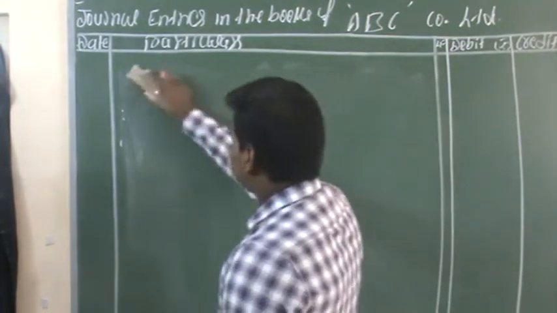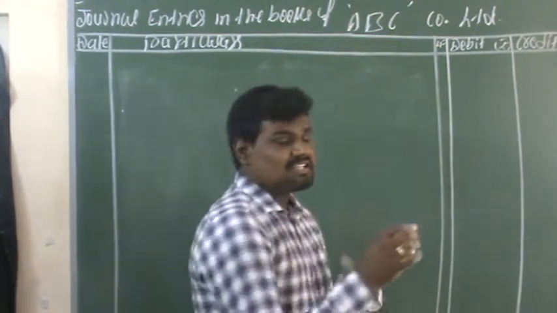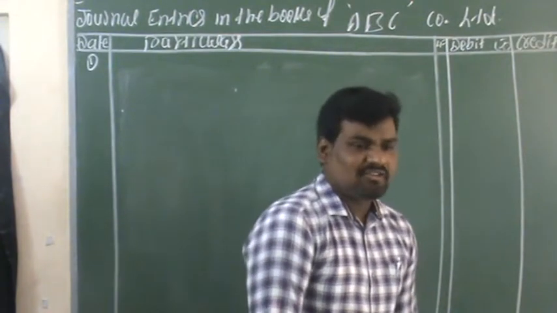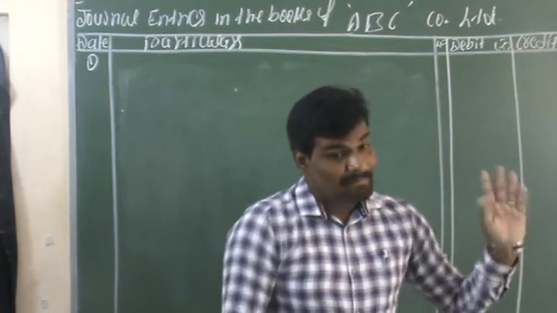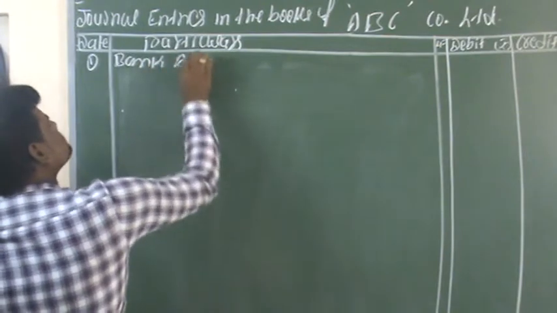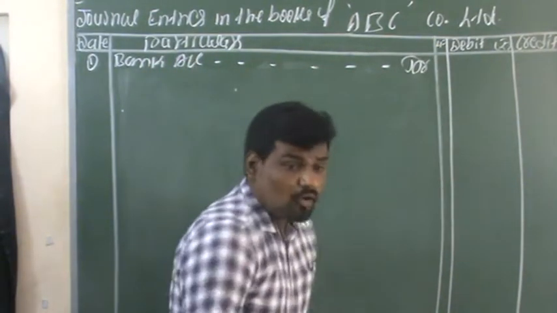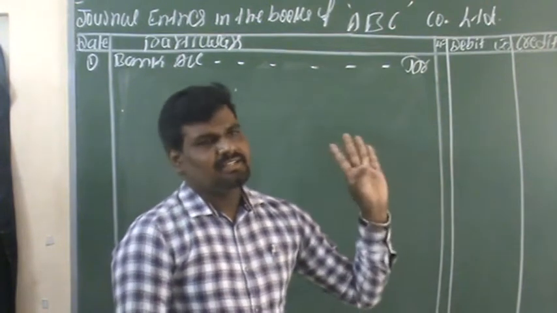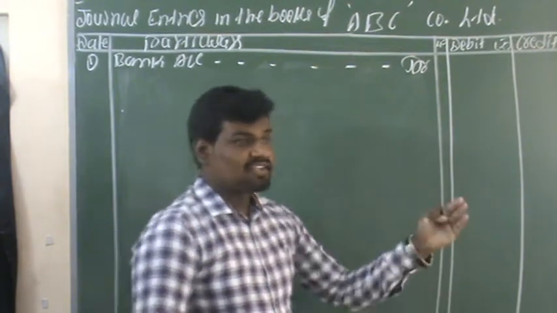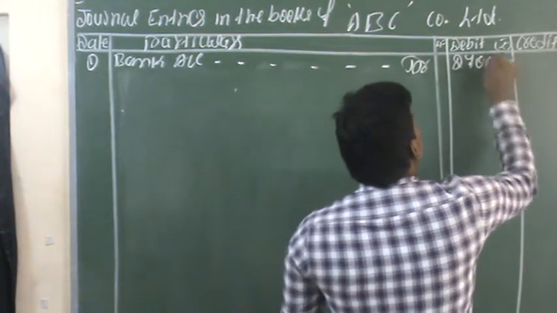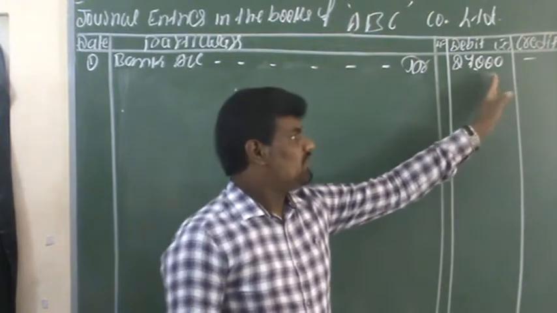So now we can solve the necessary journal entries. Now we need to pass the necessary journal entries related to different stages. The first stage is related to application. For that, application money received. The first journal entry for the money received is the bank account debit. How much amount are we receiving by way of the application process? We are receiving 9,000 shares into 3 per share, right? 9,000 into 3 means 27,000 rupees.